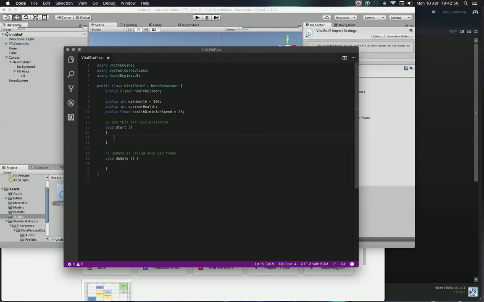Yep. Okay. So, in the void start function, we're going to say current health equals max health, and health. Oh my god, no. Actually, let's put this in the update function. So that's all we need to do for the start function. And in the update function, we're going to say